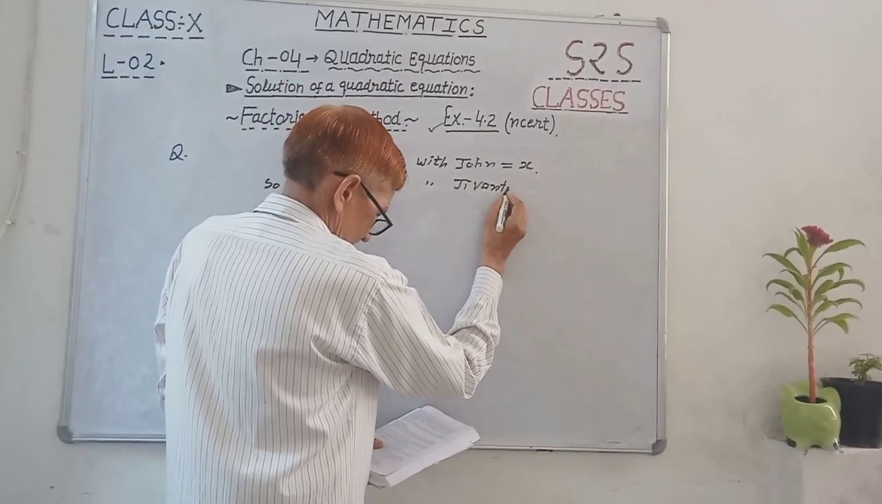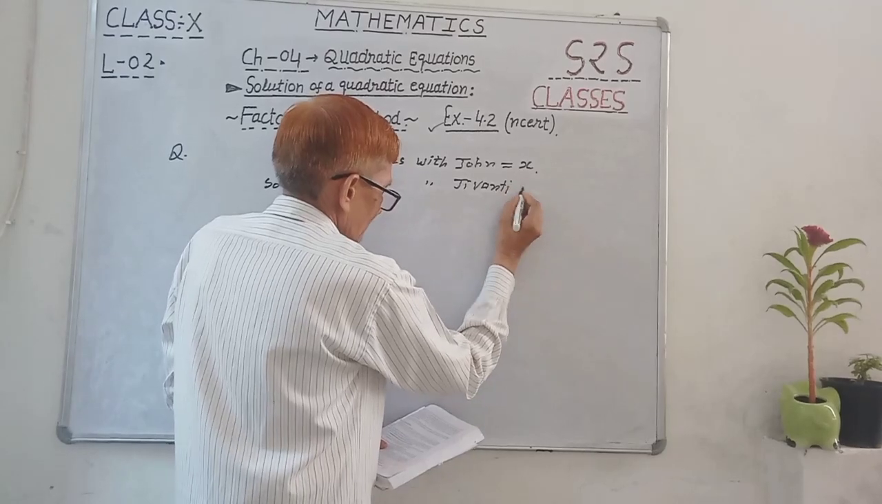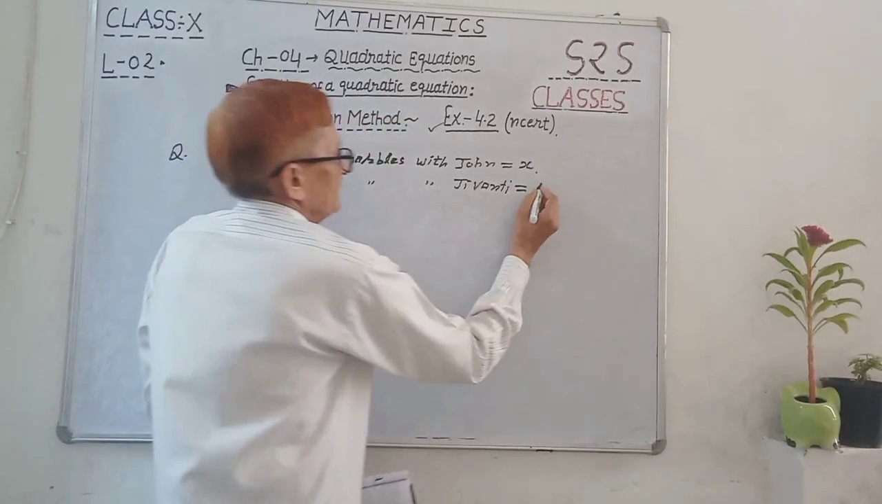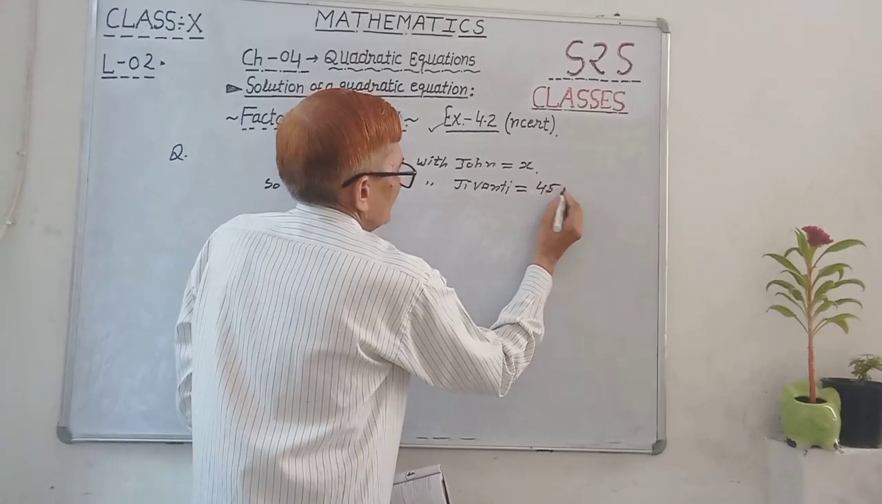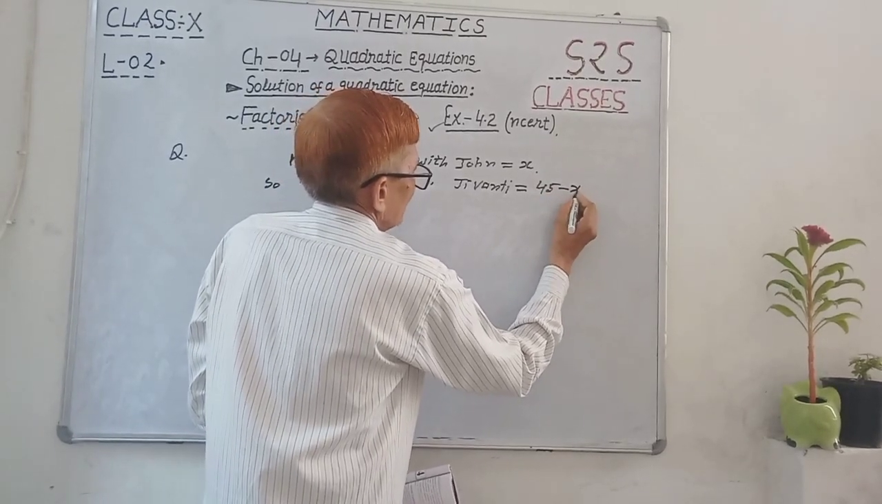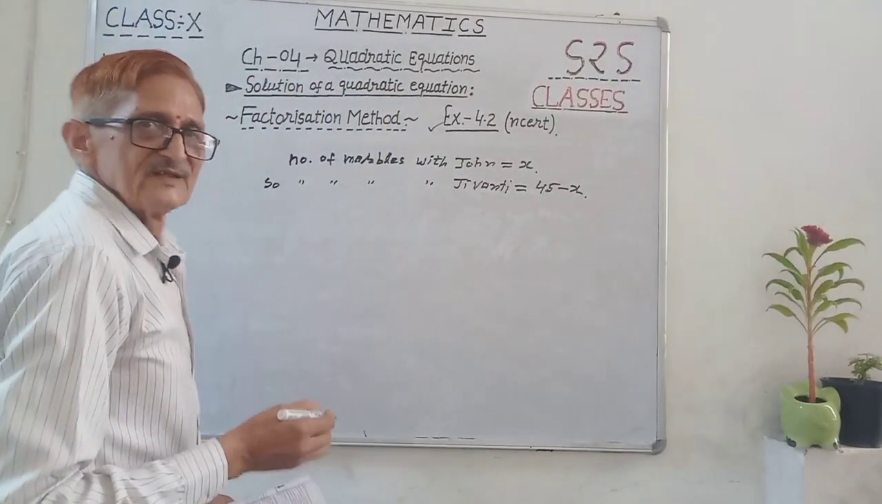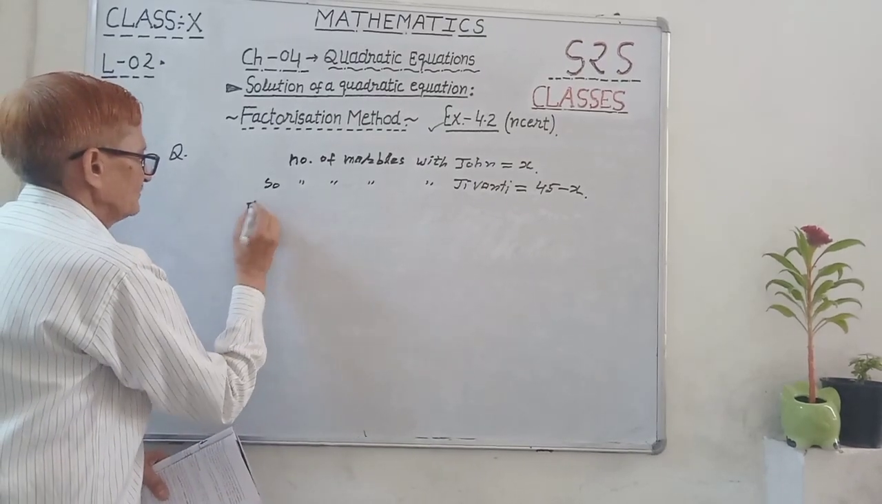Okay, then together both have 45. If one has x, the other has 45 minus x. Now, according to the question,